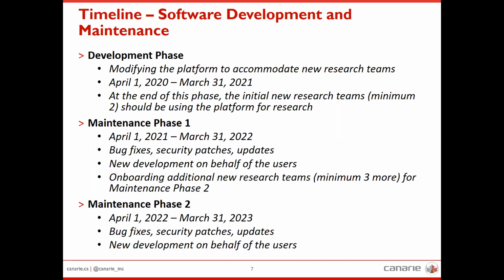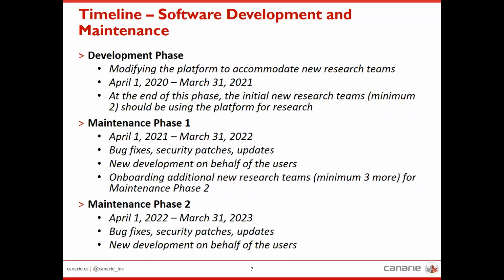As far as once you are at the April date, this call has 3 phases. There's a year-long development phase. And at the end of that phase, you should have onboarded at least 2 new research teams who should be using your platform for research at that time. Assuming you're successful there, that enables a first maintenance phase, which is also a year. You can do whatever you want in that phase as long as your users are supported. So we would expect traditional maintenance activities, bug fixes, updates, and so on. But as long as your users are being supported, there's no reason you can't undertake new development to increase the